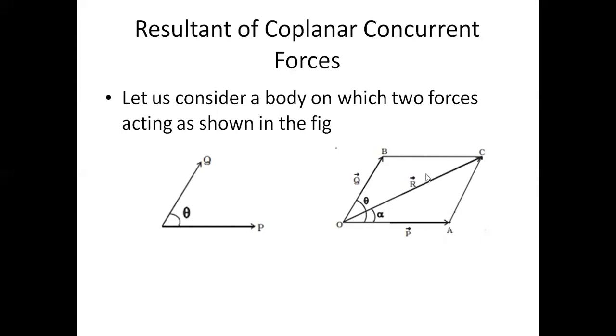So this is the magnitude of the force, and this is the direction, that is, alpha is the direction which makes an angle of alpha degrees with the vector P, or the force P. This is how we have to do it. So one such law is the law of parallelogram of forces. That will give the formula for the resultant when two forces P and Q are making an angle of